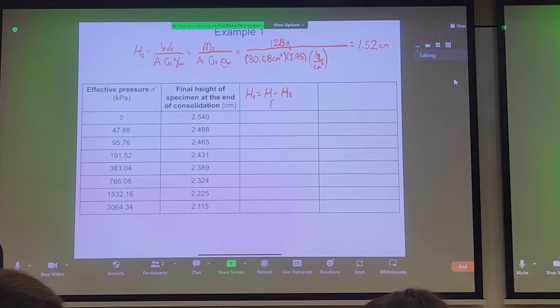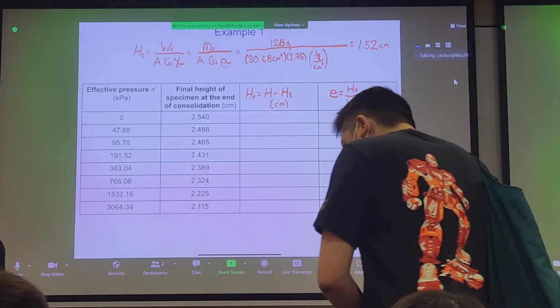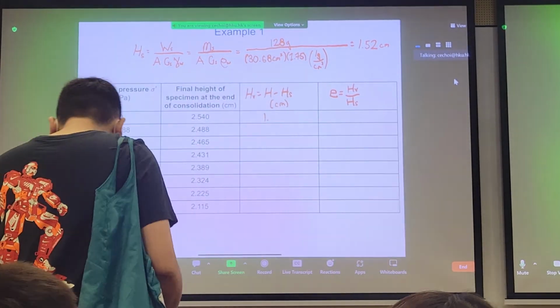We could give this units of centimeters, and we know from the previous slides, if we know the height of our voids over the height of our solids, then we get our void ratio. And this is back to the basic cell mechanics. So we can use all the data from this table here to calculate the height of voids. We know the initial height was 2.54, and we know the height of solids is 1.52. So if we keep on iterating,